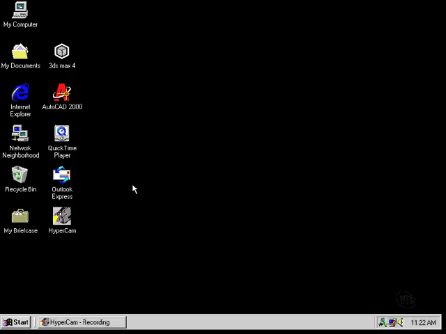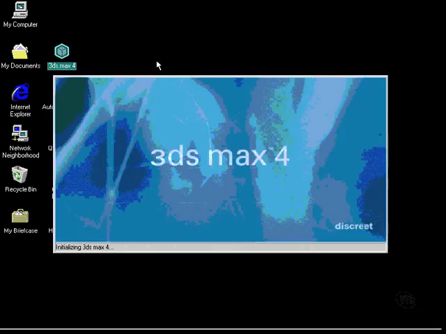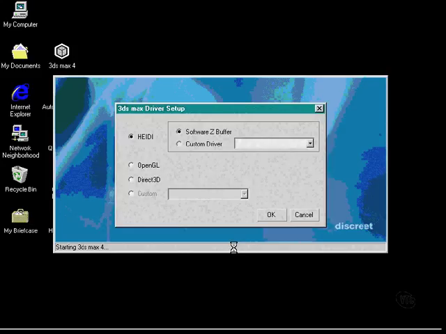When you start 3D Studio Max for the first time, you simply double click on one of the icons and up will come the splash screen. You'll notice that the splash screen is initializing and loading plugins. It'll do this for almost all the standard plugins as well as some of the other plugins. Okay, once it's gone through and initialized most of 3D Studio Max, it'll come up with this 3D Studio Max